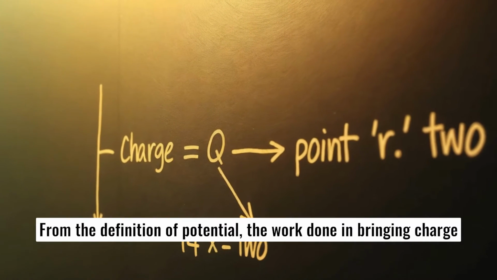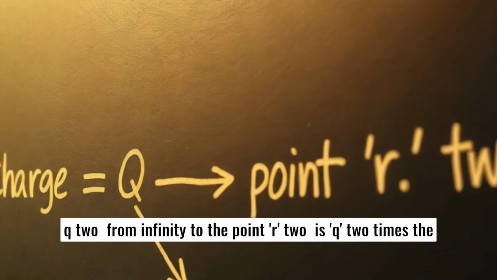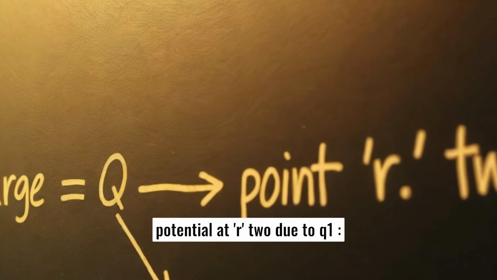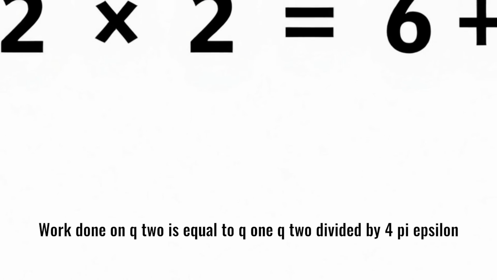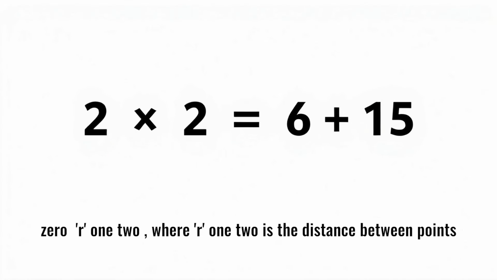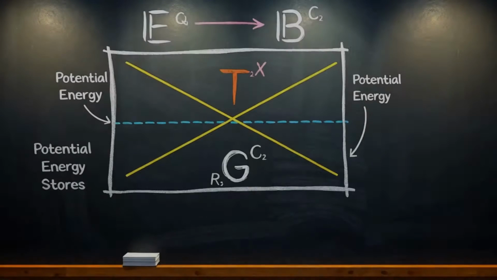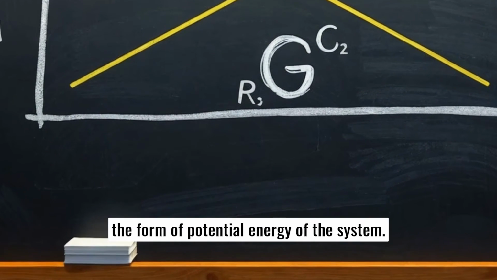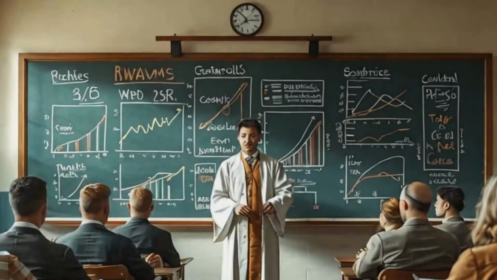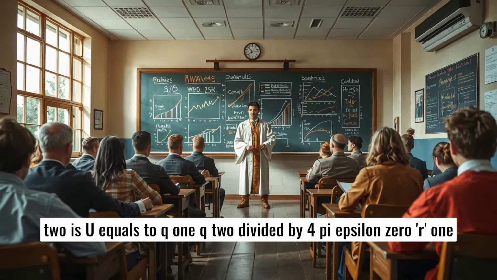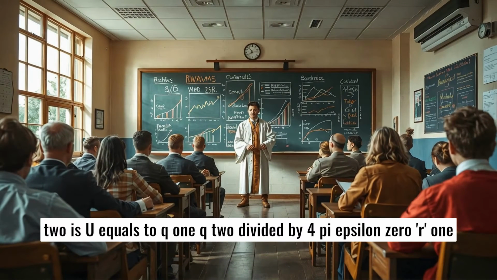From the definition of potential, the work done in bringing charge Q2 from infinity to the point R2 is Q2 times the potential at R2 due to Q1. Work done on Q2 is equal to Q1 Q2 divided by 4 pi epsilon 0 R12, where R12 is the distance between points 1 and 2. Since electrostatic force is conservative, this work gets stored in the form of potential energy of the system. Thus, the potential energy of a system of two charges Q1 and Q2 is U equals Q1 Q2 divided by 4 pi epsilon 0